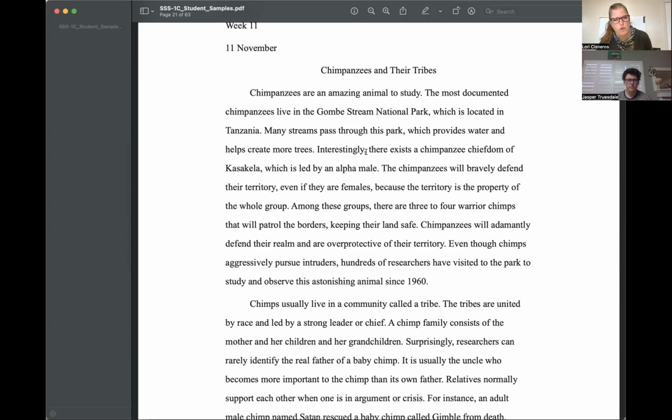Interestingly, so there's your adverb opener. Interestingly, there exists a chimpanzee chiefdom of Kasekela, which is led by an alpha male. The chimpanzees will bravely defend their territory, even if they are females, because the territory is the property of the whole group. Among these groups, so there's your